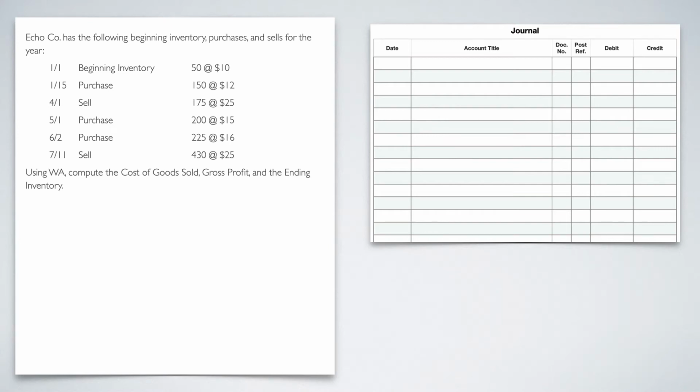All right, here we are with the final video of the LIFO FIFO weighted average examples doing intermittent purchases and sales. So in this one, same problem. Everything's the same except we're going to be using the weighted average method this time. And like I said, weighted average can be a little bit trickier. So I'm going to try to show you some helpful hints and tips on how to get past that.